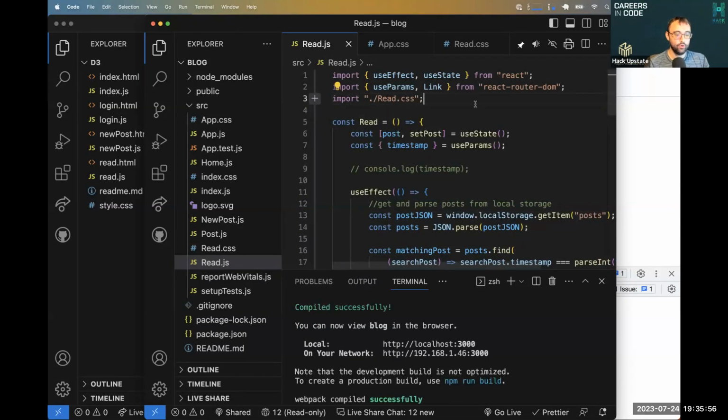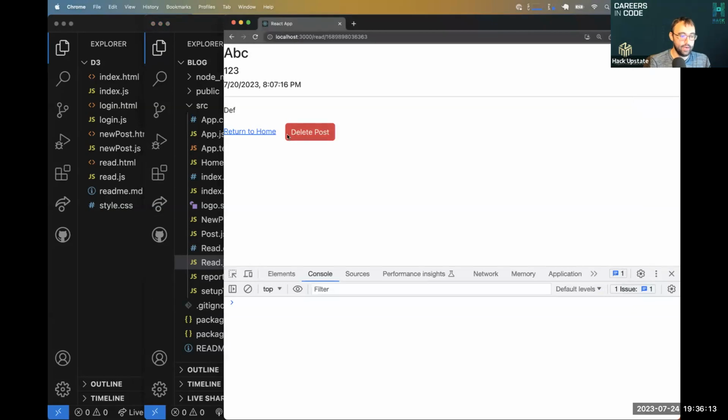read.css. Now, we don't need the keyword from, and we don't need any of this because we're not pulling variables out. We're not using things that are imported there. We're saying just take that whole CSS file and import it in for me. So I import that and I come over and now I've got a little space between my return to home